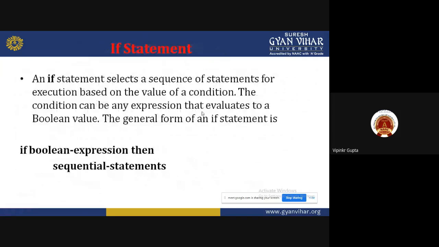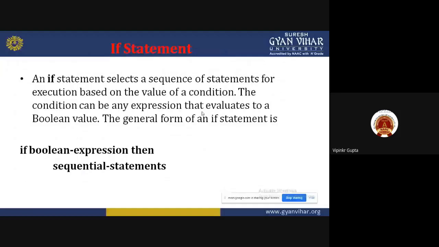Now the if-else statement, which we already discussed in previous lectures. An if statement selects a sequence of statements for execution based on the value of a condition. If that condition is satisfied, then the sequential statements will be executed.